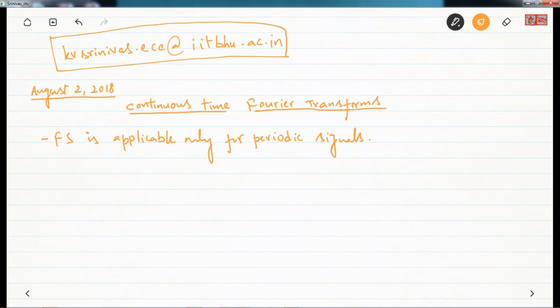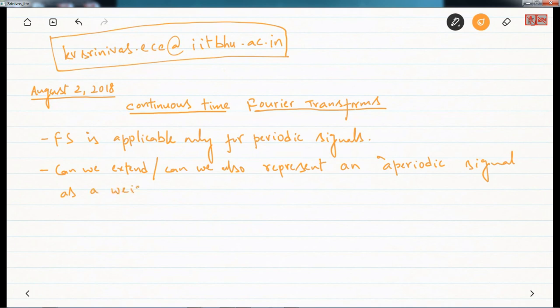So now the question we ask in this chapter is, can we extend this, or can we also represent an aperiodic signal, which means a signal that is not periodic, in a similar manner as a weighted linear combination of